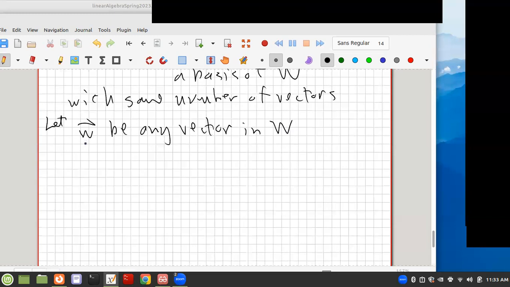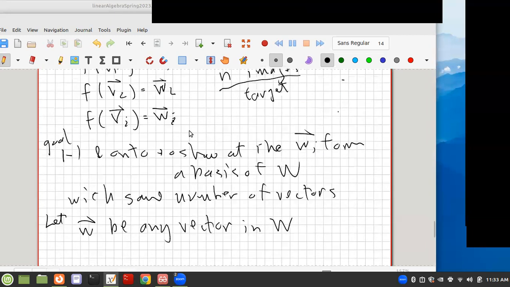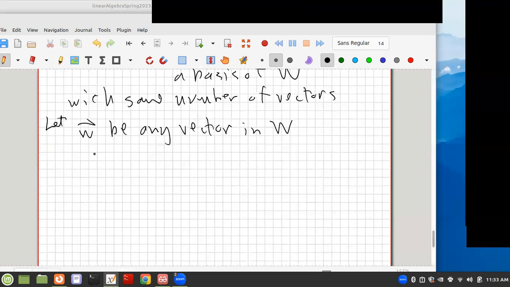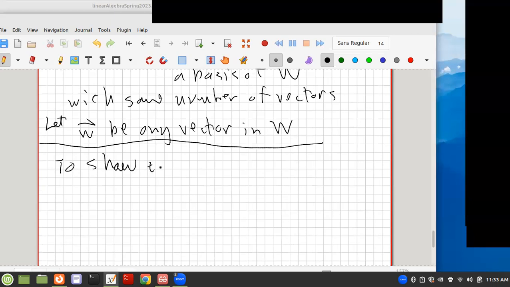Let's see what we want to say. We want to show that first. How would we show that these images here form a basis? I've jumped the gun a little bit. To show that